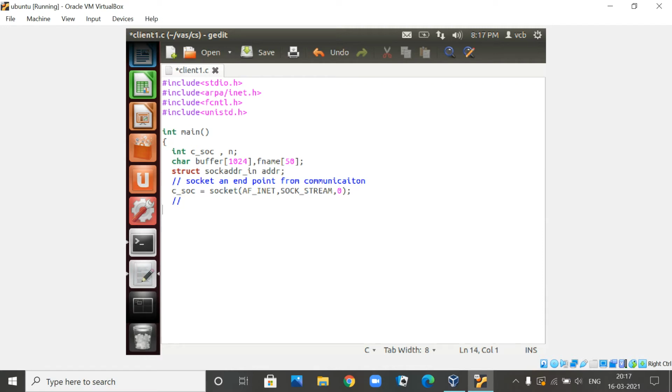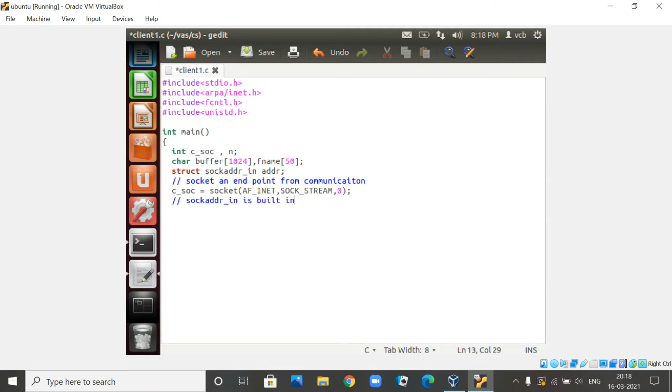Now once you have created a socket, next you go for the socket address. We are going to use this particular built-in structure which we have defined with the name ADDR, because every time you need not type SOCKADDR_IN. So I will be using this ADDR. So you are going for a sockaddr_in.